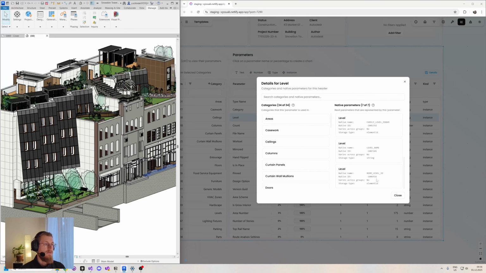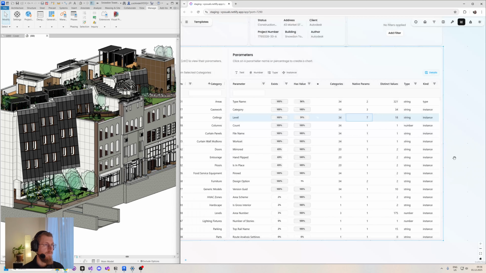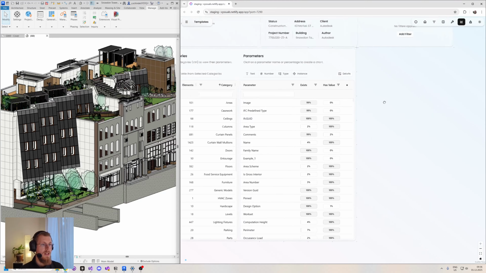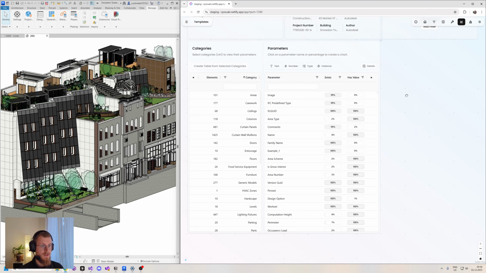So yeah, that's on this side. That's the new stuff in the parameters table. So it has details now. Okay, next up is